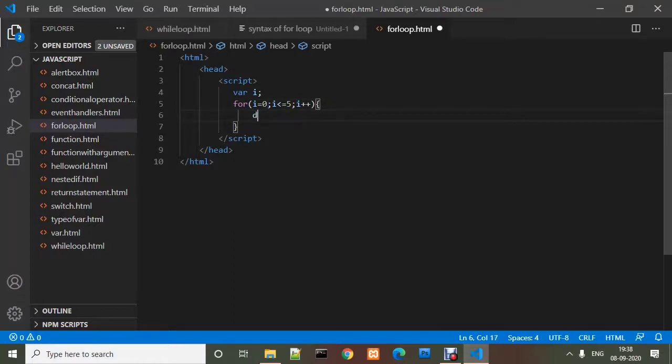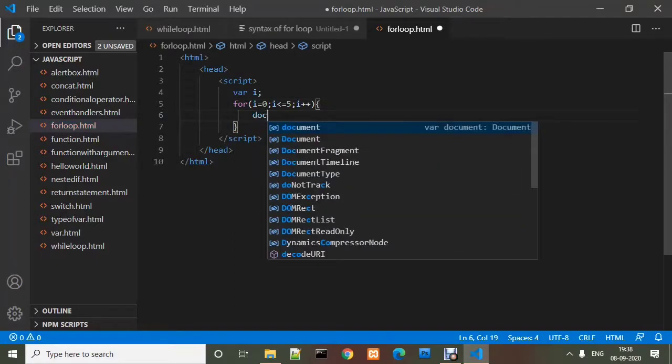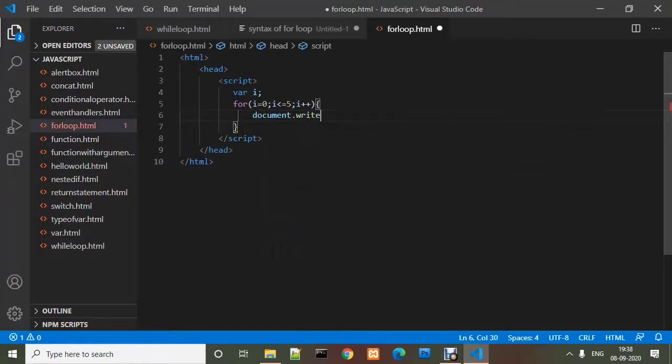So what happens when this is true, then we will print with document.write. We will do concatenation and use the variable that we have used in the for loop. We will provide this, and we will use br to print the next line and the next line. So that's all for this. And now when this for loop executes, at first it will print this is line, so we will initialize the value of I to 1 so that it will look good.